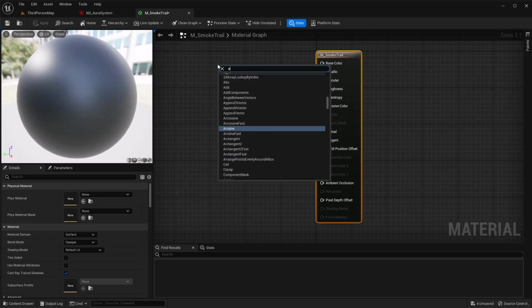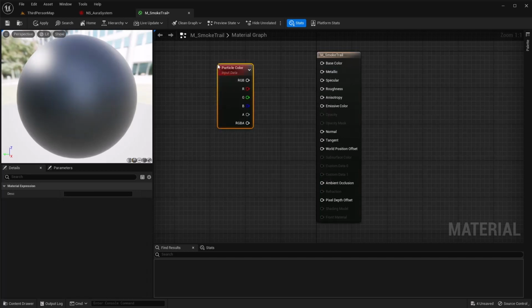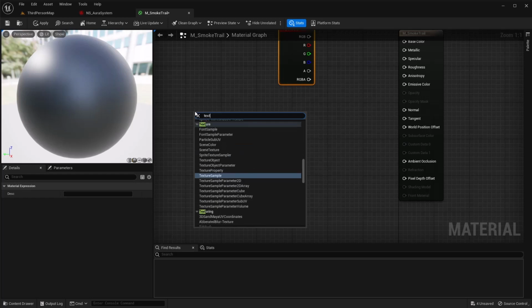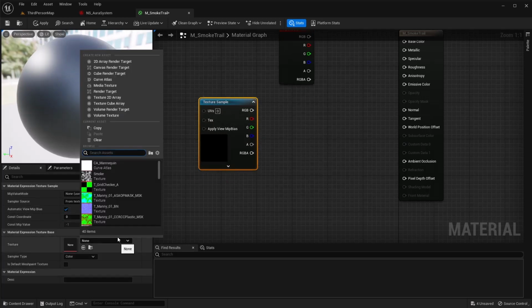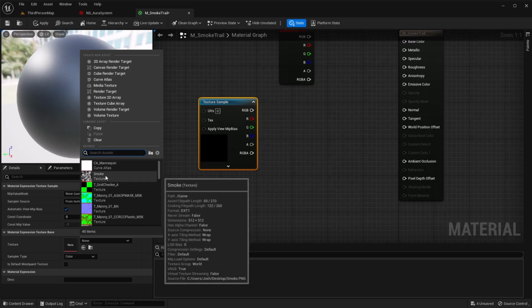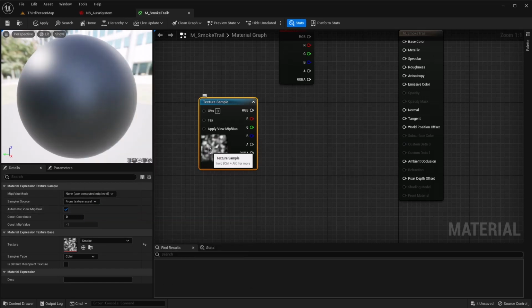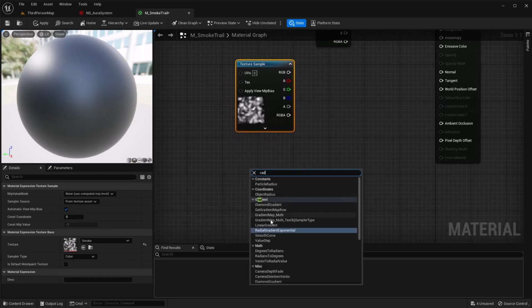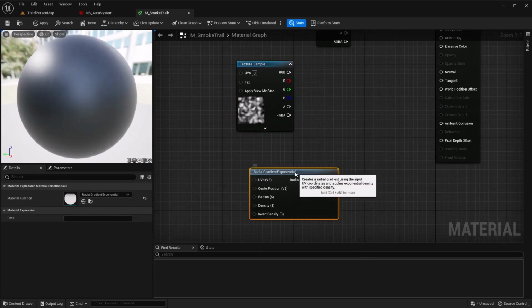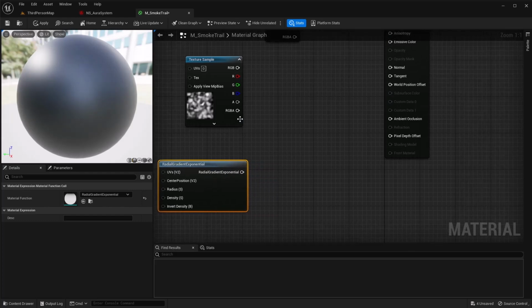We want a particle color. We're going to use a texture sample. This texture sample, go ahead and set it to your smoke or whatever you named your texture. And we're going to use a radial gradient.